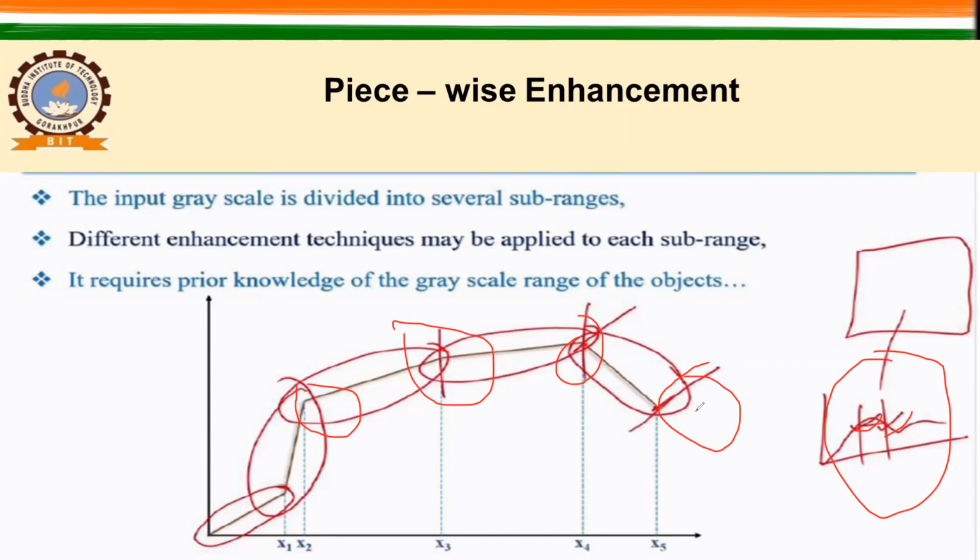So we can select this to a particular DN values and you can apply either logarithmic or exponential, negative, or linear stretching. So in this particular you have freedom to apply. So how you will do that? You have an image, you have generated a histogram like this, and you have selected this is the range of value which I want to enhance, the value which we want to enhance.